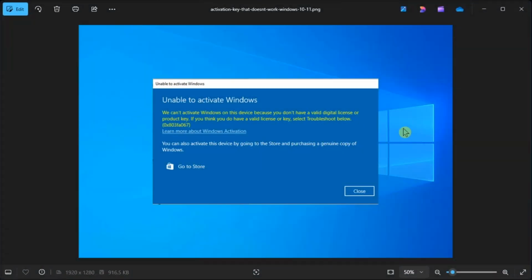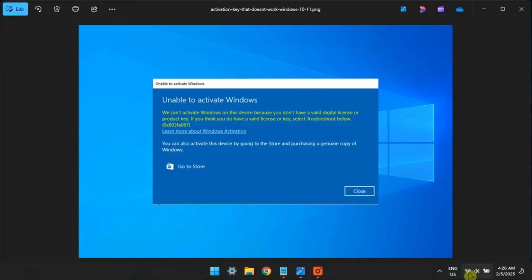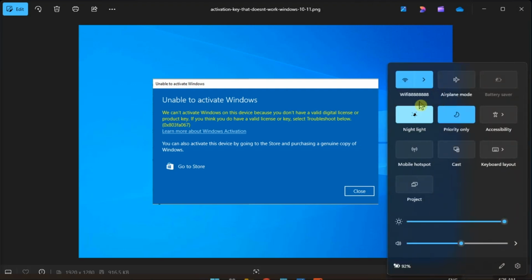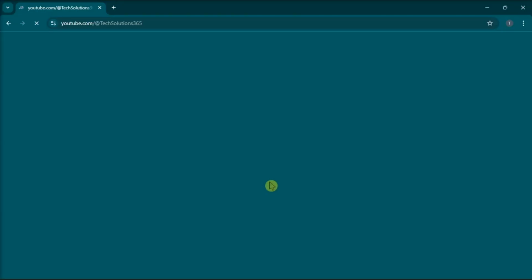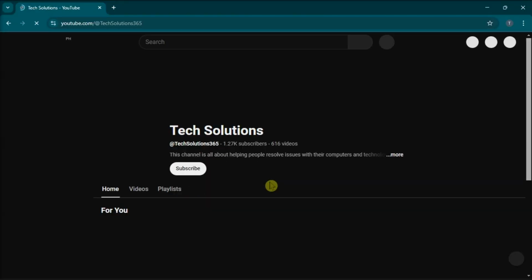Is your activation key not working in Windows 11? So in this short video, we will take a quick look at what you can do when the activation key is not working. Now to use the Windows 11 activation key, you need a stable internet connection. If you're experiencing internet issues, your internet may be too slow for you to successfully use the activation key. So in order for you to fix this, you can try restarting your router or check your internet using a